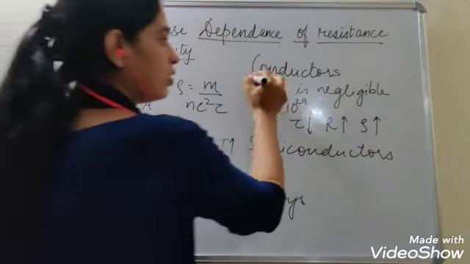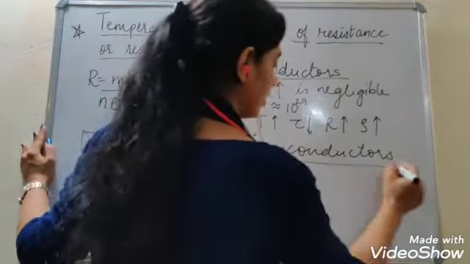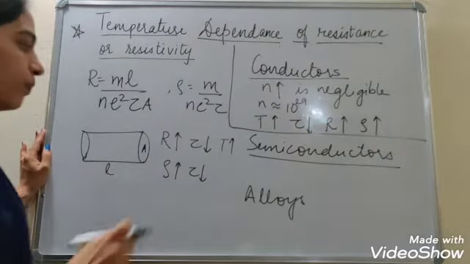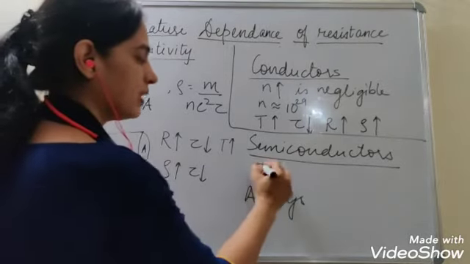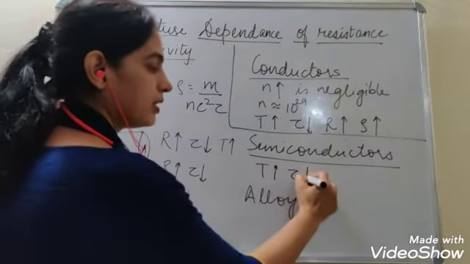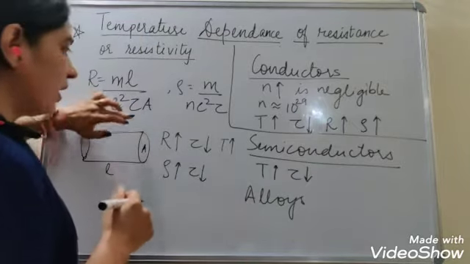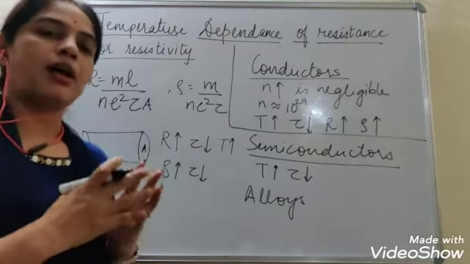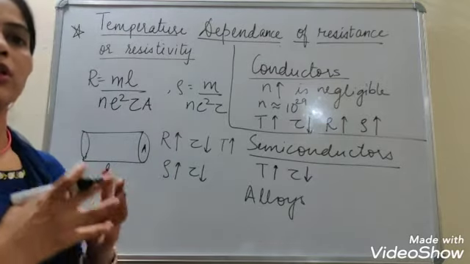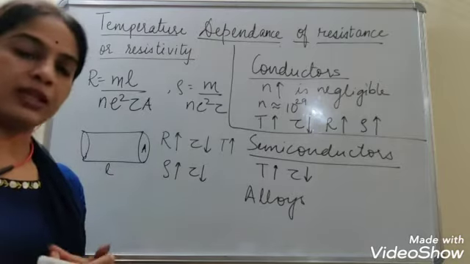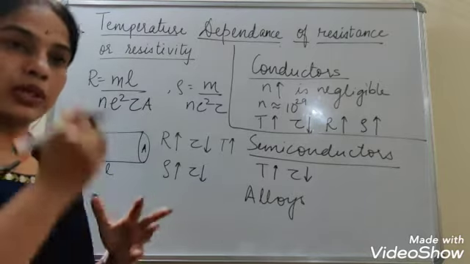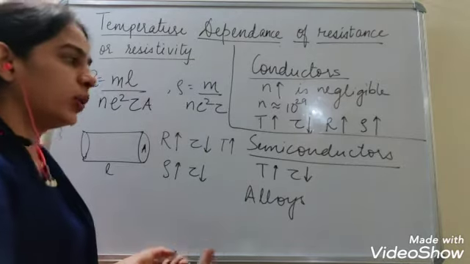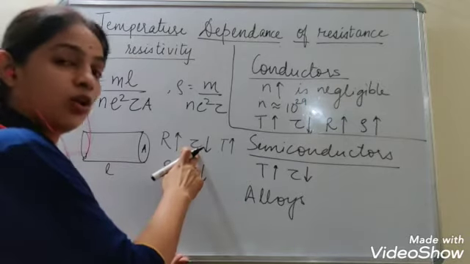When we talk about semiconductors, what happens in semiconductors? Also, when you increase the temperature, the relaxation time will decrease. That will happen with semiconductors also. But what are semiconductors, children? Semiconductors are materials which at room temperature do not conduct. By doping they are made to conduct. That means what is their valency? It is 4. So when you increase the temperature, tau will decrease.